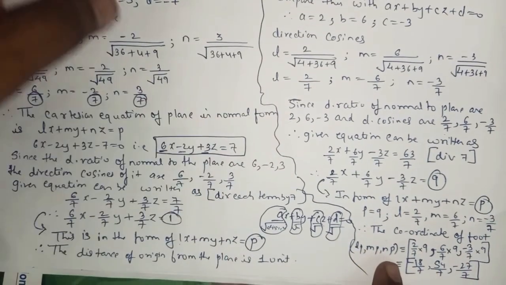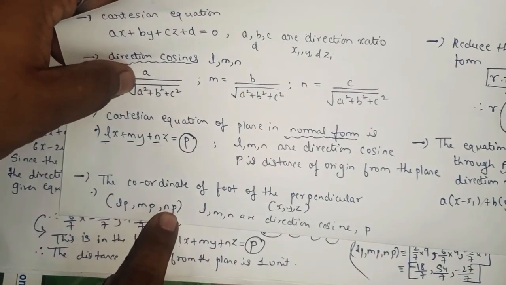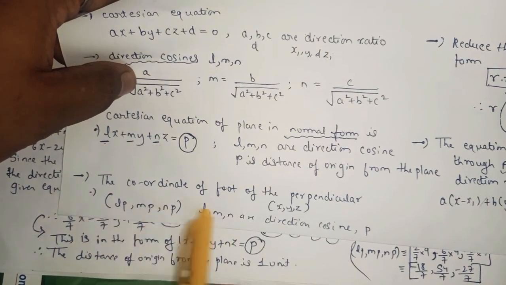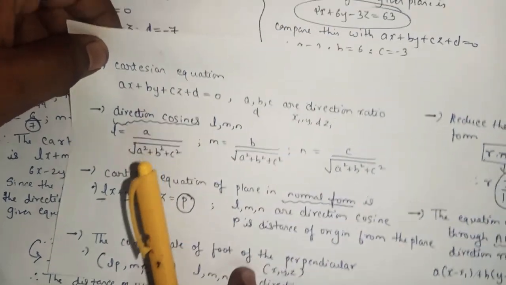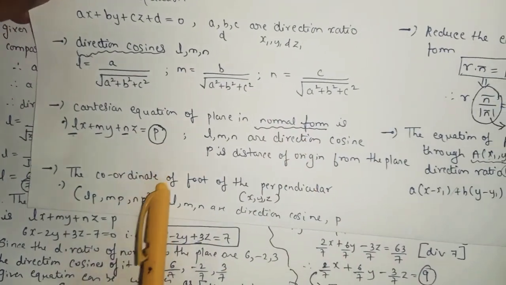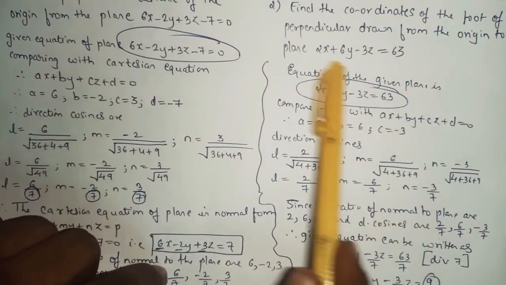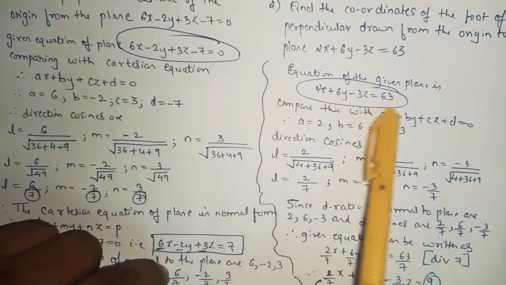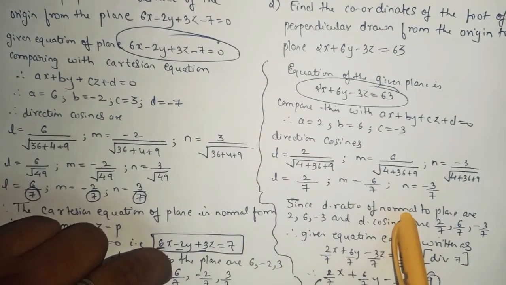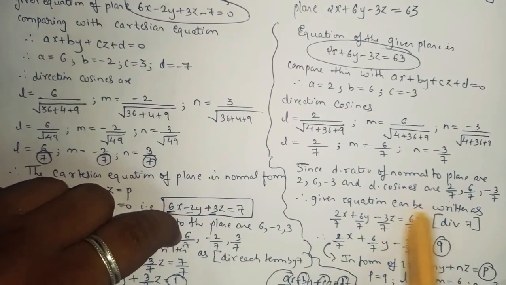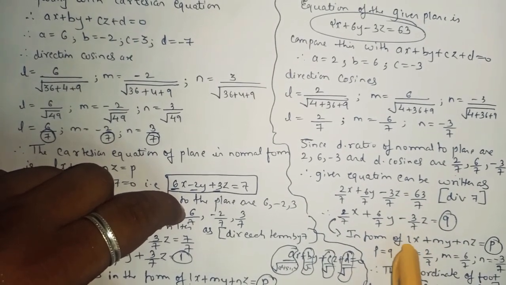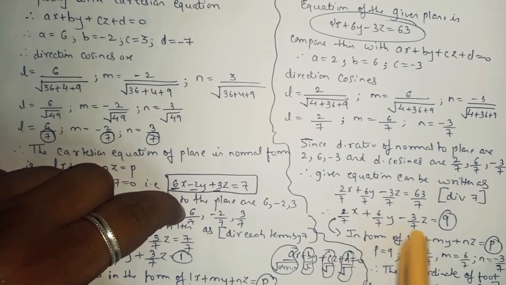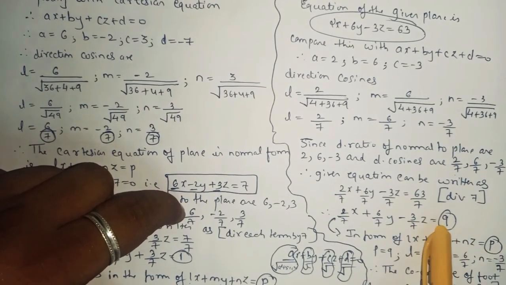As we know that to find the coordinate of the foot, what is the formula? It is LP, MP, and NP. So of course we have to find LMN. LMN is known as the direction ratio, and we know how to find the direction ratio by using this formula. Yes or no? So simply what you will do, as here we have the given equation, simply divide the given equation by 7. So that given equation will convert into the normal form. So as clearly we can see that in place of L it is 2 upon 7, M is 6 upon 7, and N is minus 3 upon 7, and in place of P is 9.